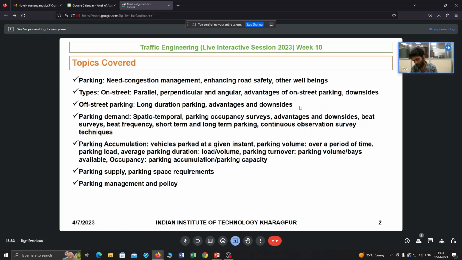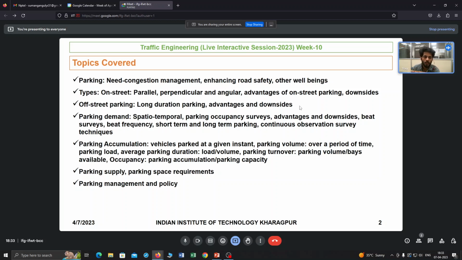Suppose we want to do it for 15 minutes, so for 15 minutes we note the type of vehicle and maybe the number plate of the vehicle. These are the things we note down, right? We may not exactly know at what time vehicles arrive. Sometimes it has already arrived, sometimes earlier, but if it leaves, then we actually know. So it is a slightly detailed technique, and we assume that in 15 minutes these vehicles are there.